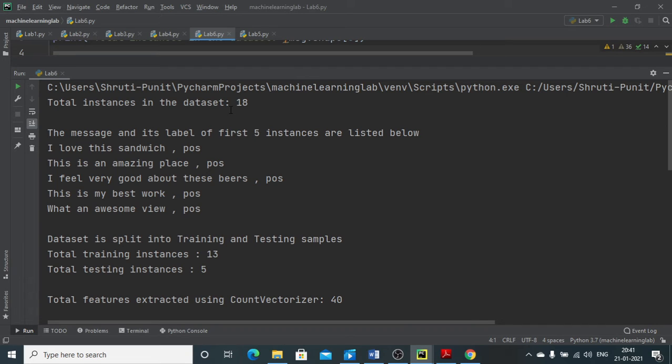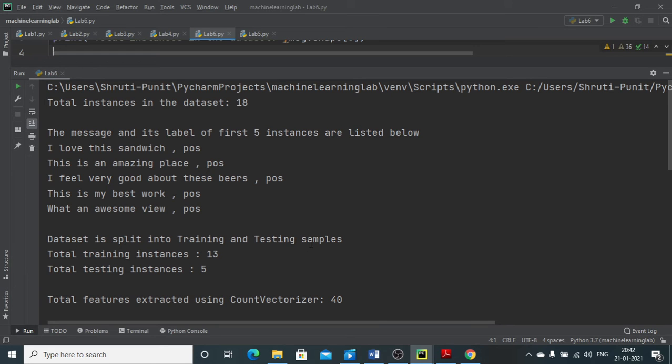The total number of instances in the data set is 18, which we have input as a CSV. Here the message and its label of the first 5 instances are listed below. So I love this sandwich, that is taken as positive. This is an amazing place, that is positive. I feel very good about these beers, so it is positive, like this.